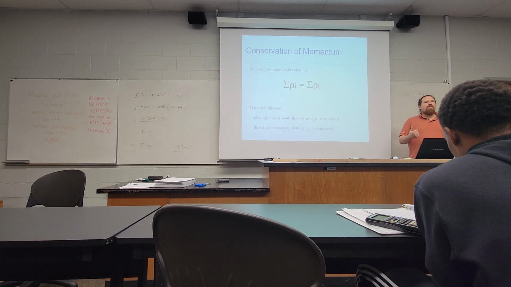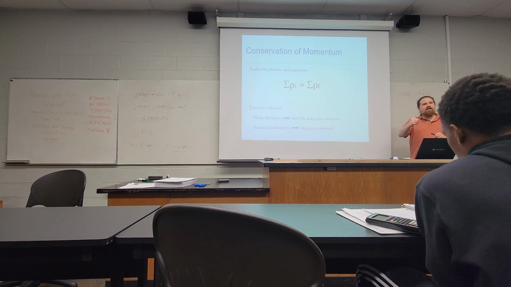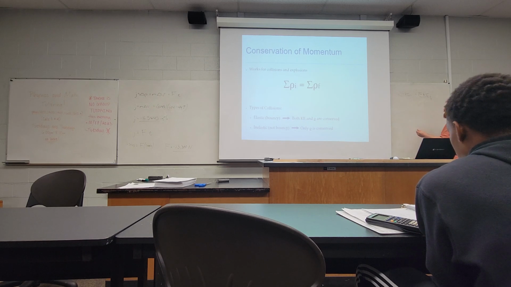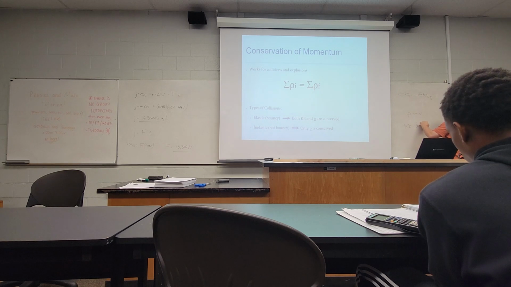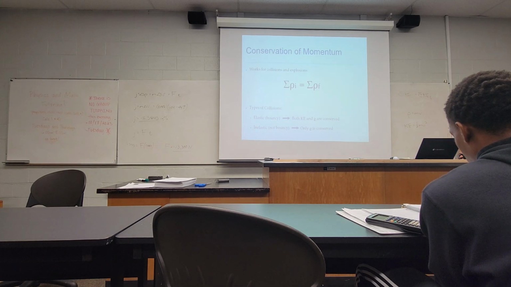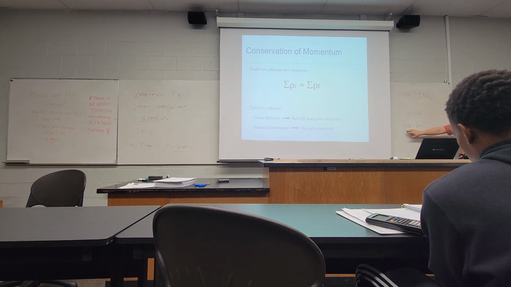The weird part when we start talking about different types of collisions actually begins to manifest itself when you start considering energy alongside momentum. Because if something has momentum, rho equals mass times velocity, it's also going to have kinetic energy at the same time, right? Because if your mass isn't zero and your velocity isn't zero, this formula will give you a non-zero amount of momentum, and likewise, the same mass and the same velocity would give you a non-zero amount of kinetic